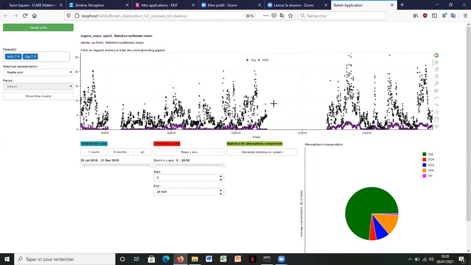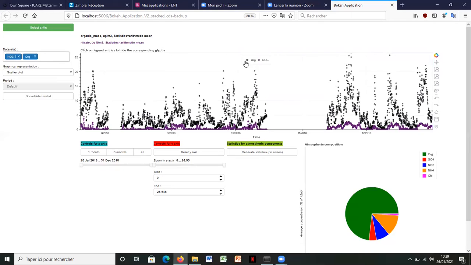Consequently, when the user selects a new dataset, the correct title is dynamically added with the color assigned to the dataset, which means the color of the dots. The title contains information about the selected dataset, and this information is read in the file.